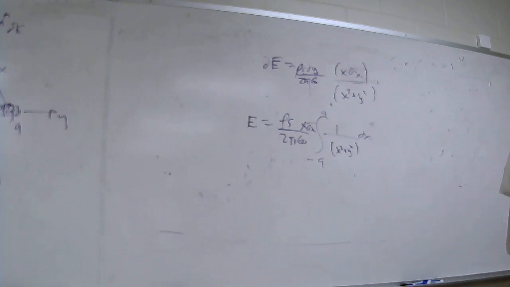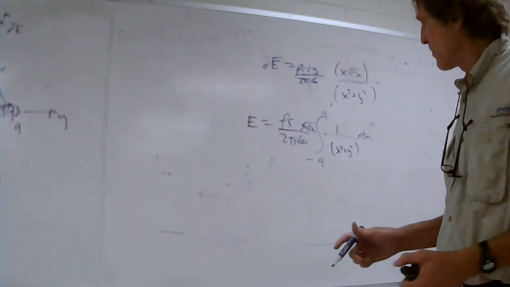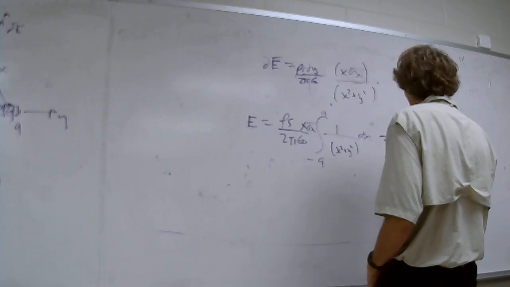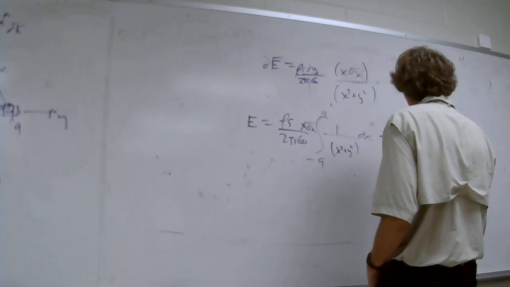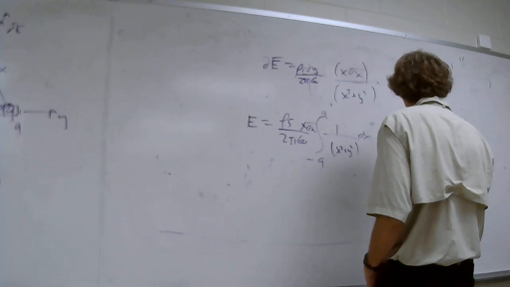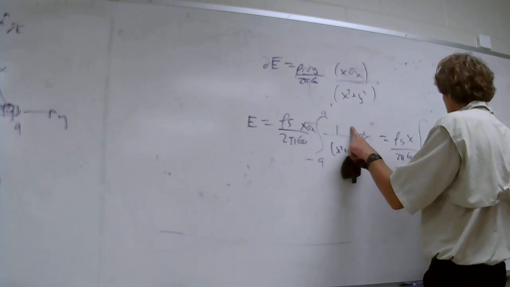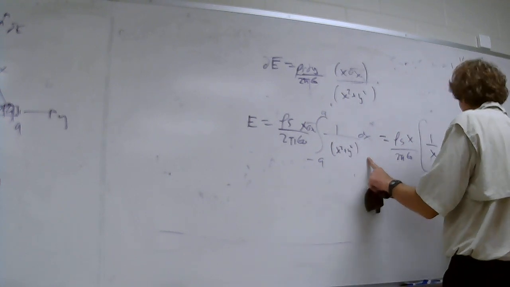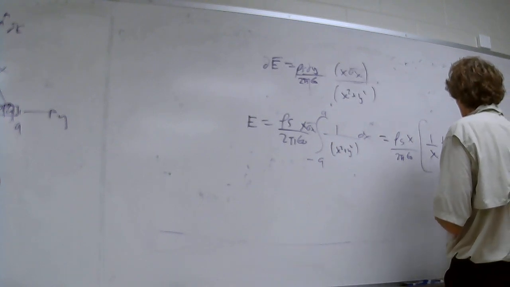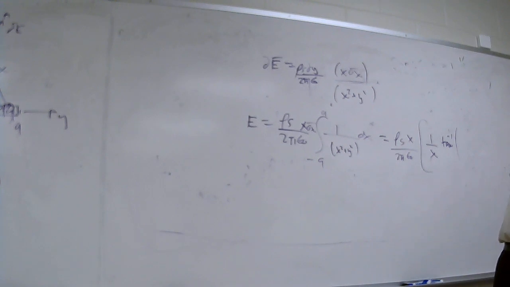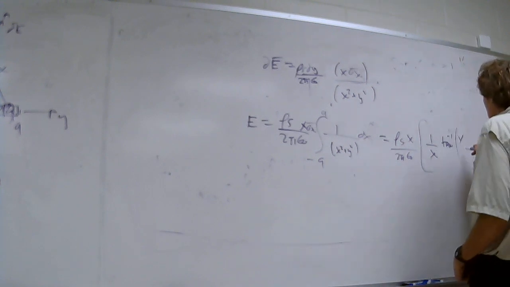Yeah, it's 1 over a, tan inverse of x over a, right? Right, and this one, the integration with respect to y. Let me do it this way. So this is equal to rho s x over 2 pi epsilon naught, and then the evaluation of this integration is going to be 1 over x right here, and it's going to have a tan to the minus 1 of, and the way the book's going to have it, it's going to be y over